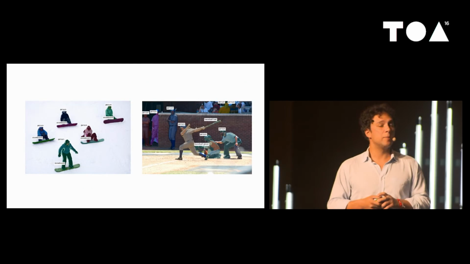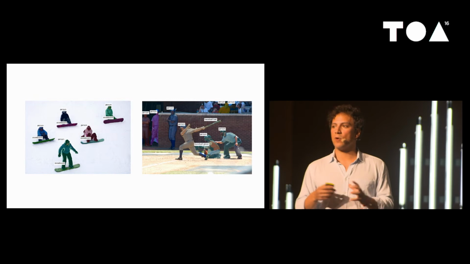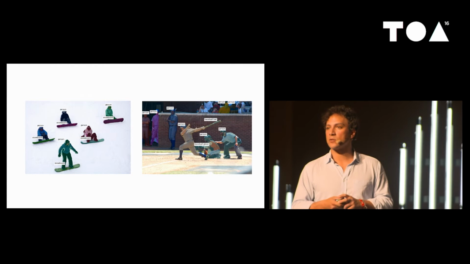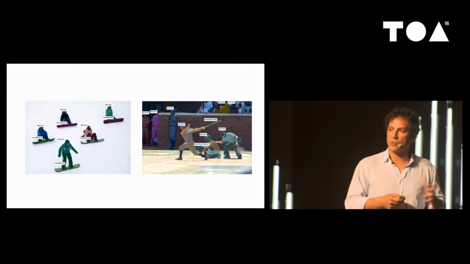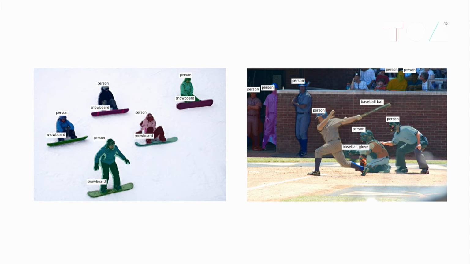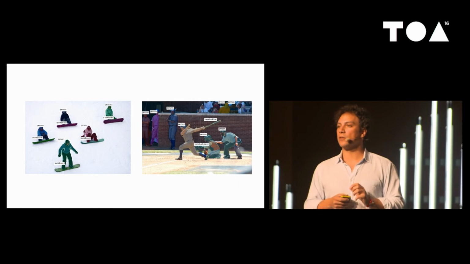We also have gone beyond being able to label just one image and what it's of to being able to label individual objects and actually segment them. This is from a pretty recent competition from MSR and a couple of other places called COCO. And it requires a neural network to label all of the objects in the image and provide these little sort of coloring ins of the image.